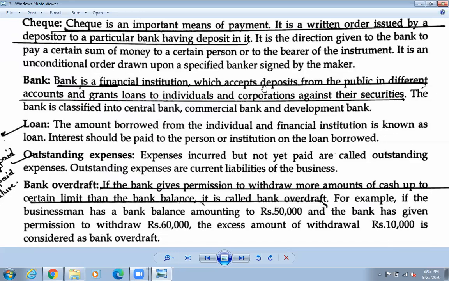Okay, so whatever check is there, you can withdraw that check. Otherwise, you can deposit your money inside the bank. And if you deposit money in the bank, then what will they give? They will give the security, because at home thieves may come. So they will give the security also.